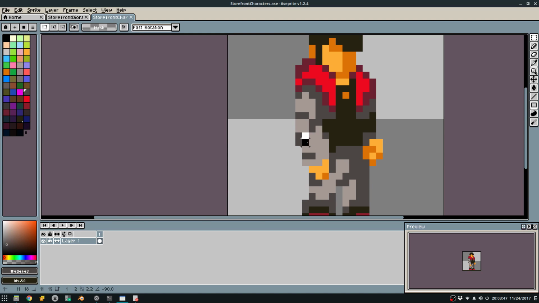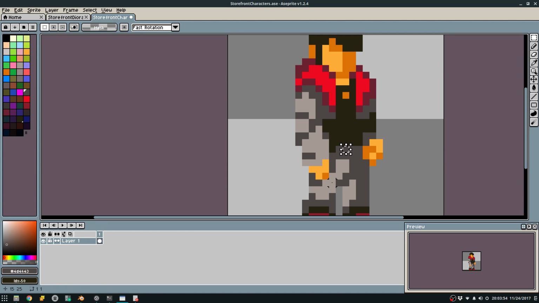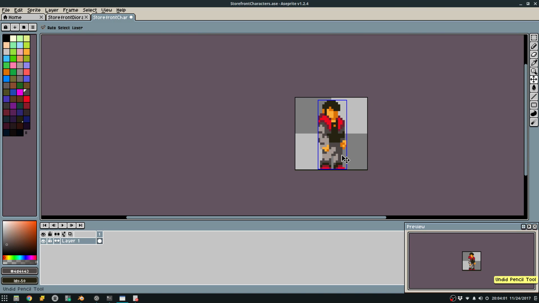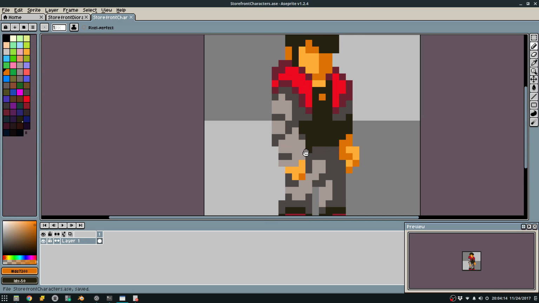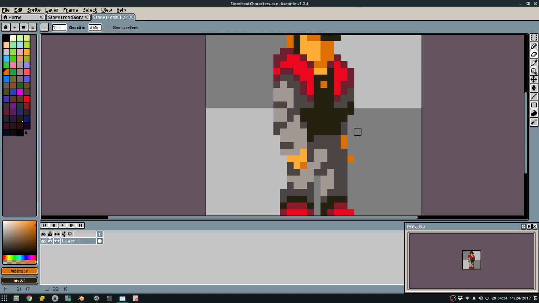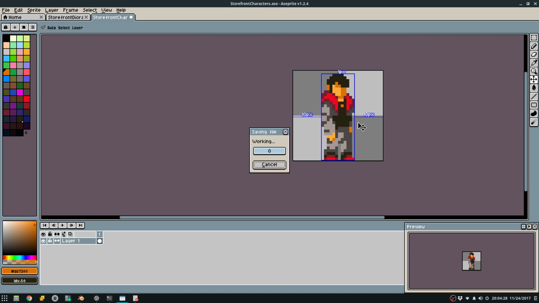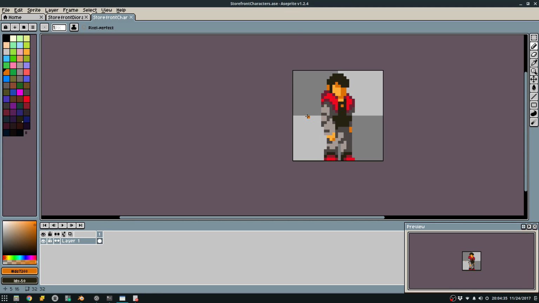Arm is a little too long, I think. Oops. This isn't working out. Why is this... Okay, I was just pressing control way too fast. No, I guess his arm was the right height. Gotta figure out what exactly his pose is supposed to be. Oh, that kind of helps. Yeah, okay, cool. So that's the general feel I'm going for